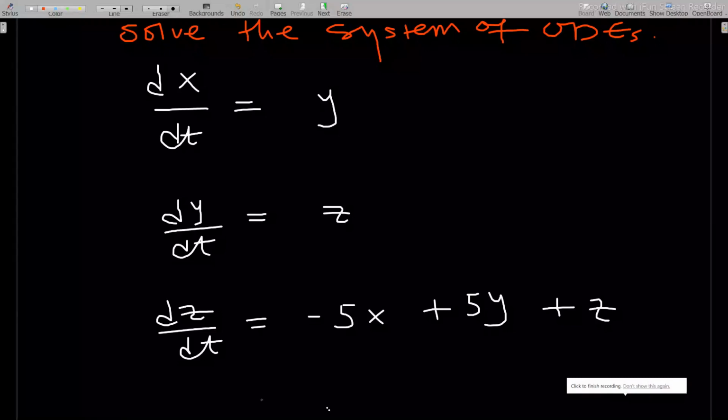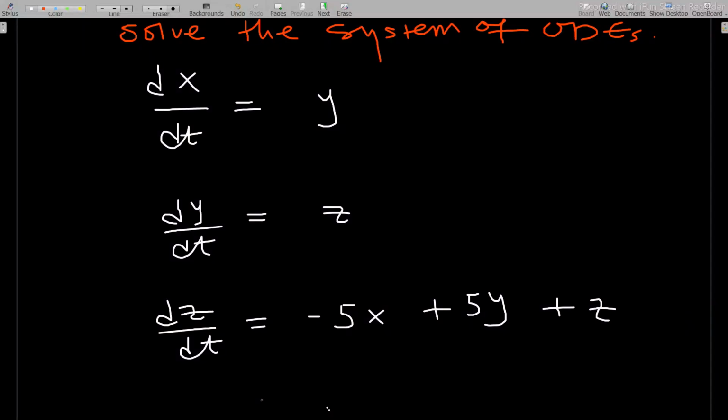Hello, welcome to this lesson on how to solve a system of ODEs. In this system of ODEs, the eigenvalues are distinct. Like I said in the other lesson, I will show you how